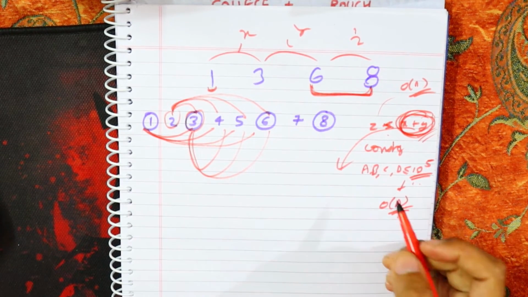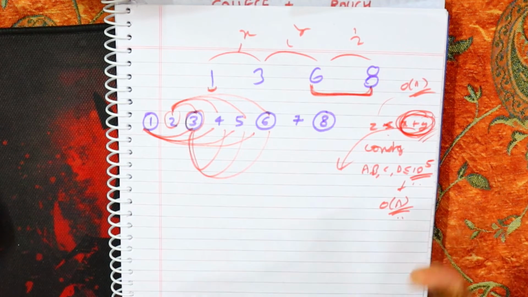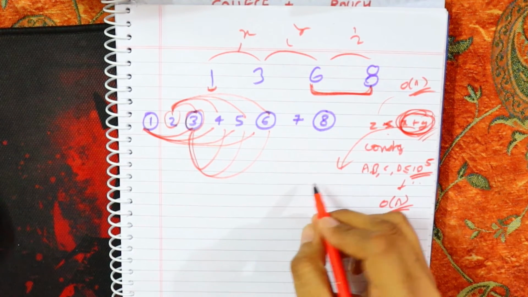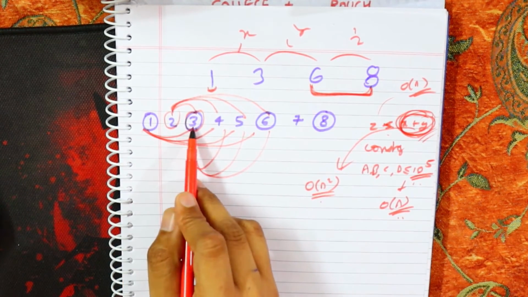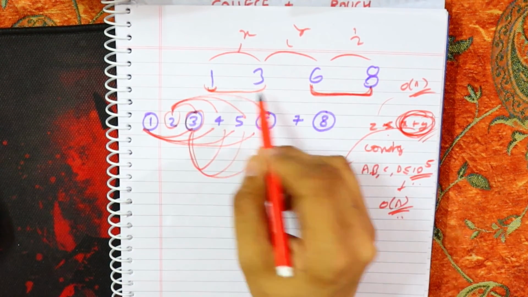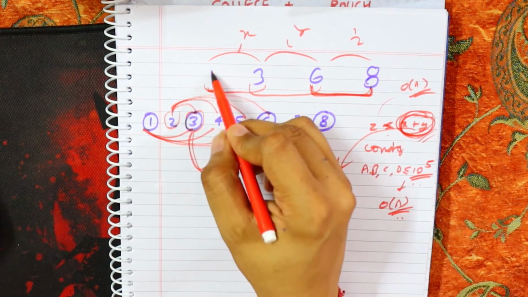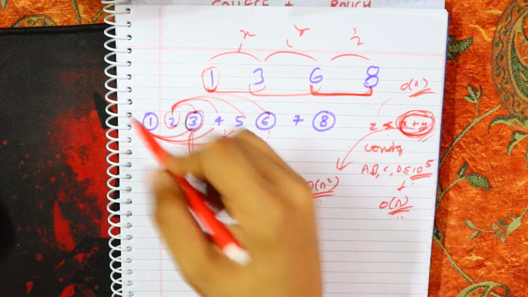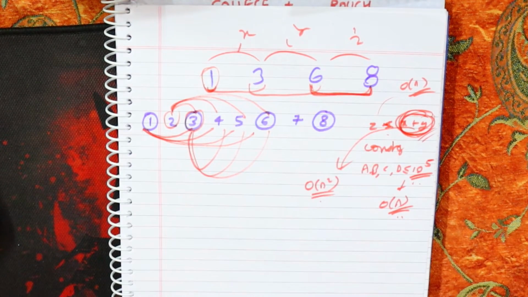Understanding? So now you will say, to have all the x plus y's which are possible, I need to run my loop in O of n square, which means for the range a to b, and for the range b to c. Because for every element in the range a to b, I need to have it for every element of range b to c.